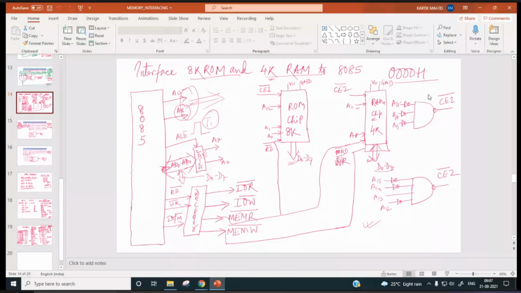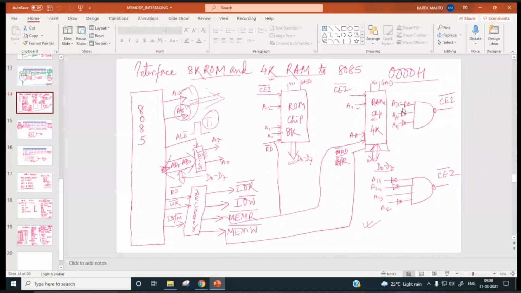Whenever we need to work on the computer, we need the program from the ROM to come on the screen. Otherwise, we will not be seeing anything. In fact, whenever we reset the 8085 system, the program counter is reset to 0000H.